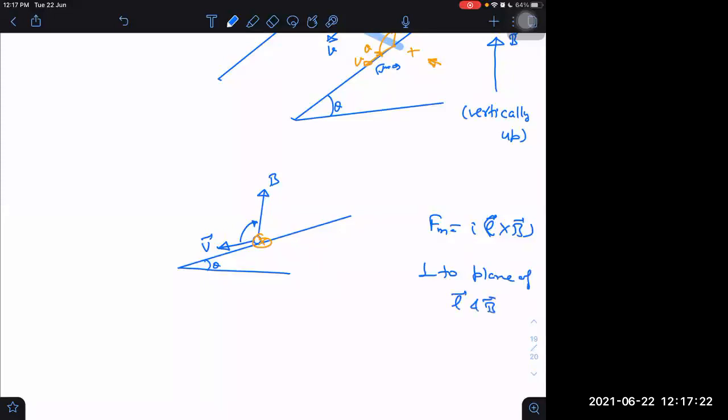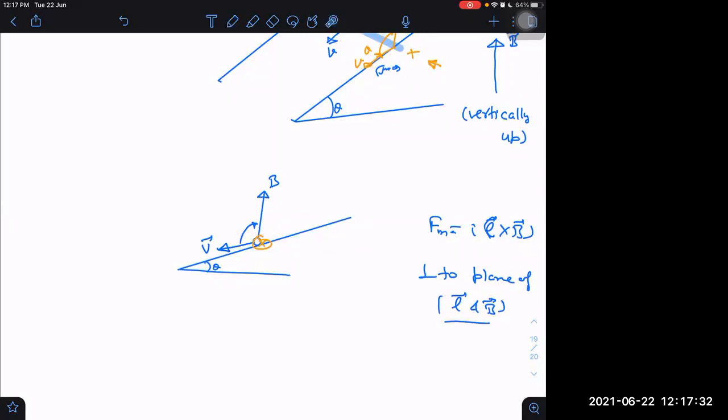What is the plane of L and B? Vertical plane, right or not? What will be perpendicular to the plane of L and B? There are two possible perpendiculars. This side is also perpendicular and that side is also perpendicular. Now you can guess in which direction magnetic force will be. This side or this side? I cap, sir. I cap only. Right. But first, are you understanding why I'm taking this side?